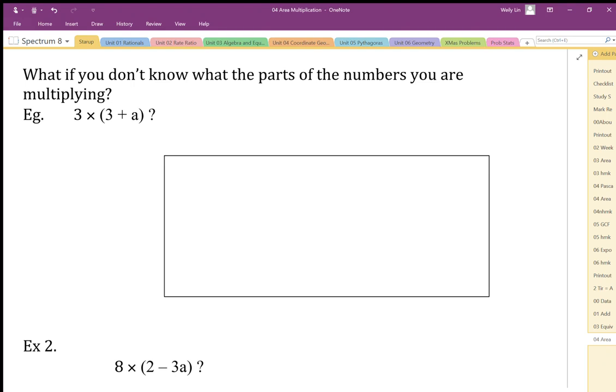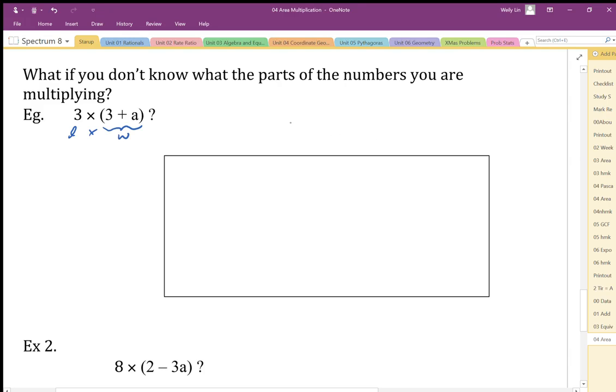So this box method is very useful when we're starting to do multiplication where we don't know parts, as long as we understand how the parts fit in. So here we have 3 times 3 plus 8. Well, what does that mean? Well, multiplication is length times width. So we can consider that whole part our width, and then the answer must be the area that we get